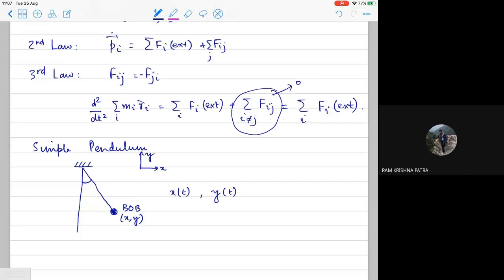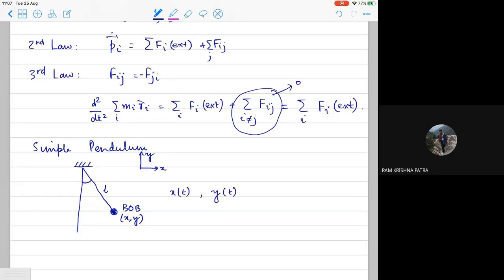How can it be simplified? It can be simplified because these two coordinates x and y are actually not independent coordinates. There is a relationship between them via the string. Now the string has a length L, and the string not only has a length L, it also